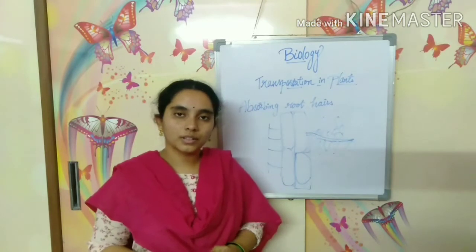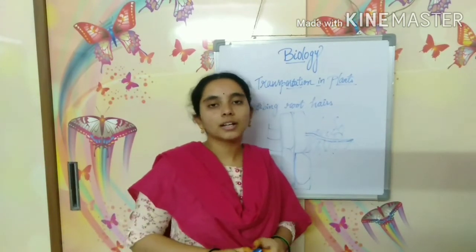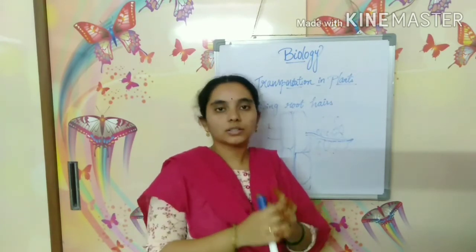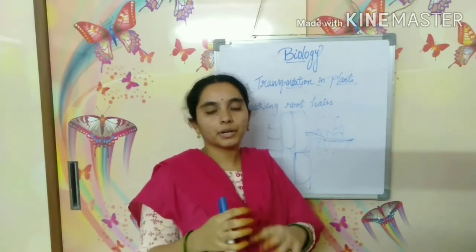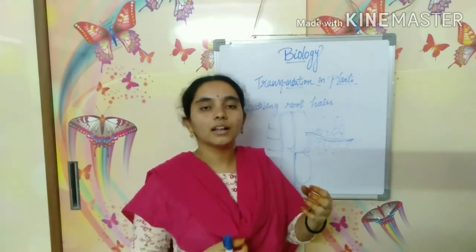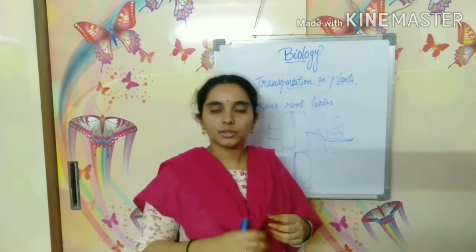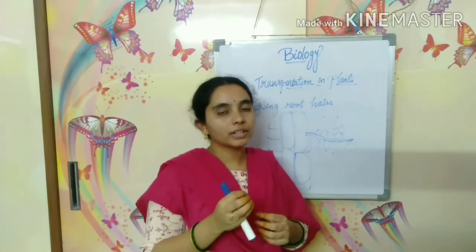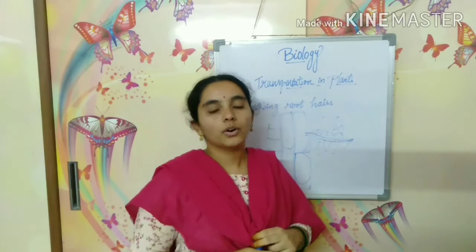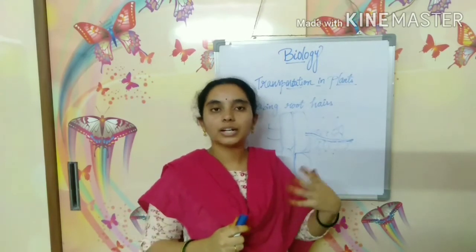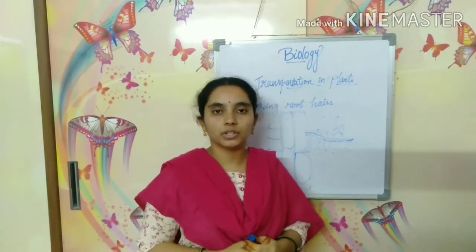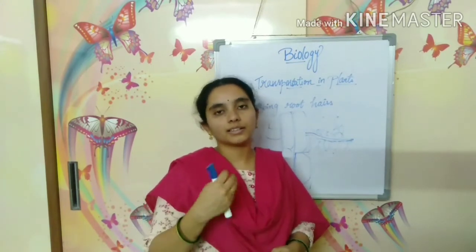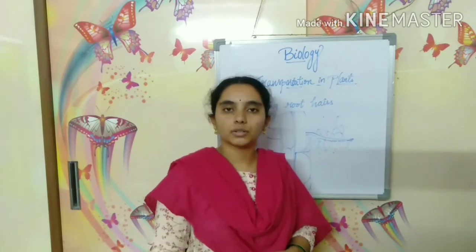Okay, so you have seen the structure of root hairs. These root hairs grow from the root. When you compare, the roots are a little bigger than the root hairs. These root hairs grow in the spaces between the soil particles. This is how it is helpful: root hairs help in absorbing water into the roots and then transporting water to the plant.